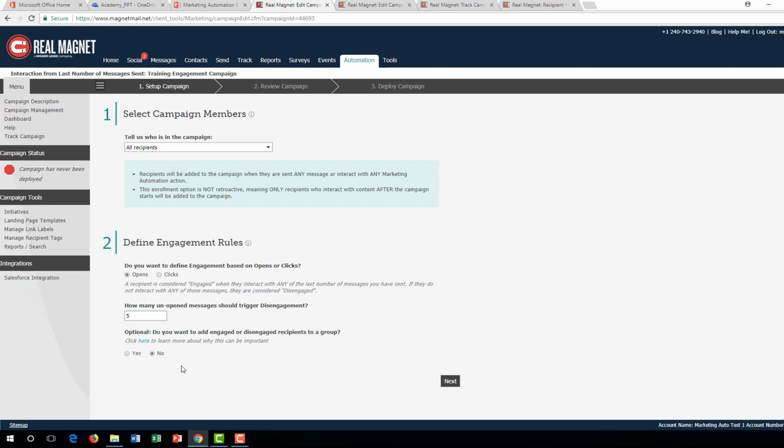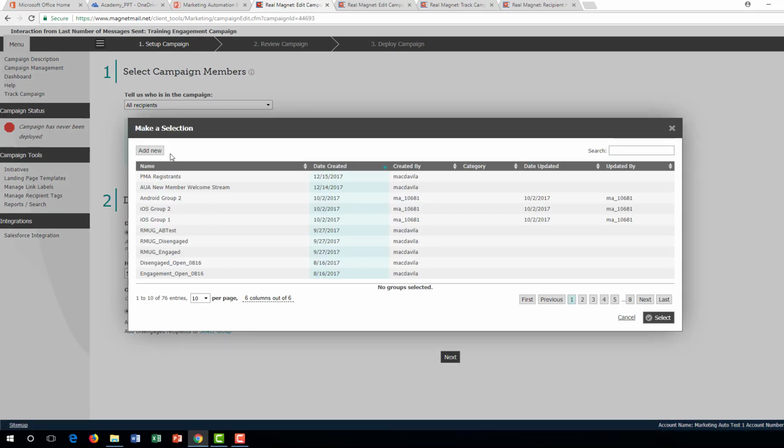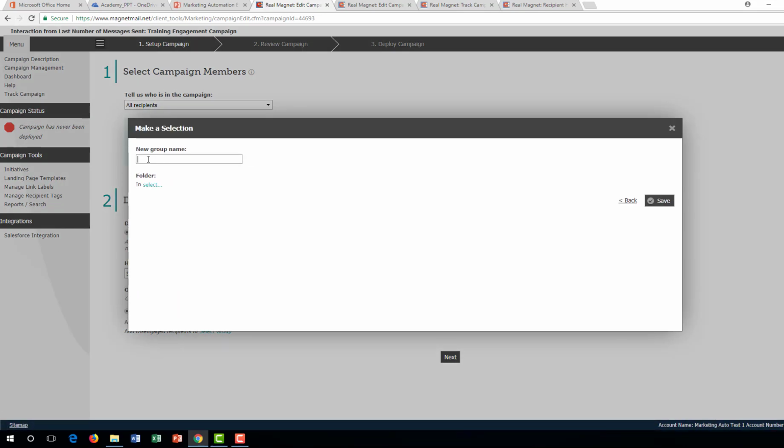There's an optional feature here which I highly recommend. I usually do this after I set up a couple of these campaigns and I'm very clear in terms of the parameters and what data I want to look at. But we do have an optional feature here that says, do you want to add engaged or disengaged recipients to a group? If I say yes, then it's going to give you the option to tie them to groups. My recommendation for selecting the group is always add a new one for this specific campaign so that the results are very specific here. So I can say that this is my training